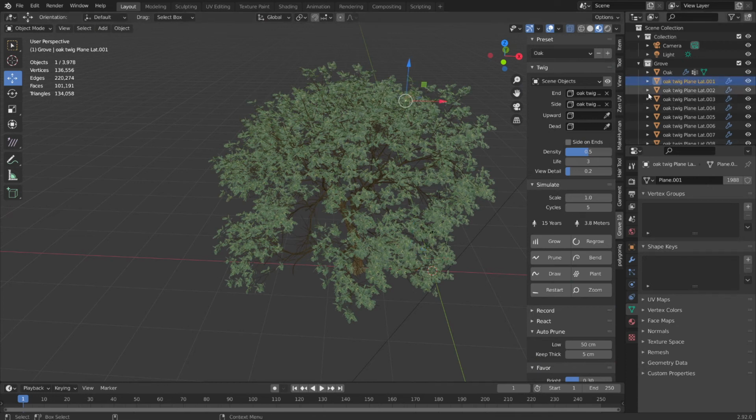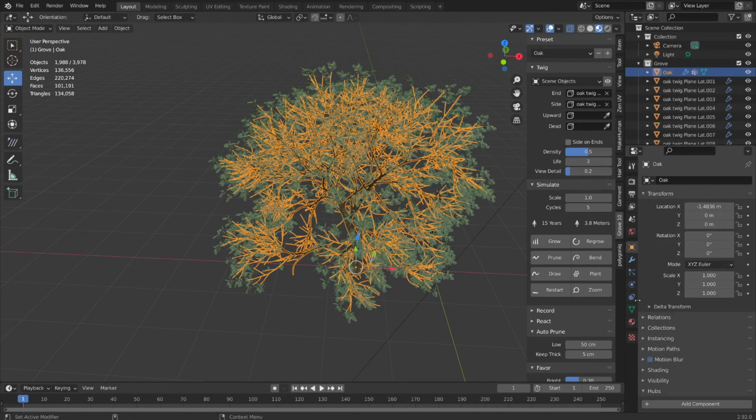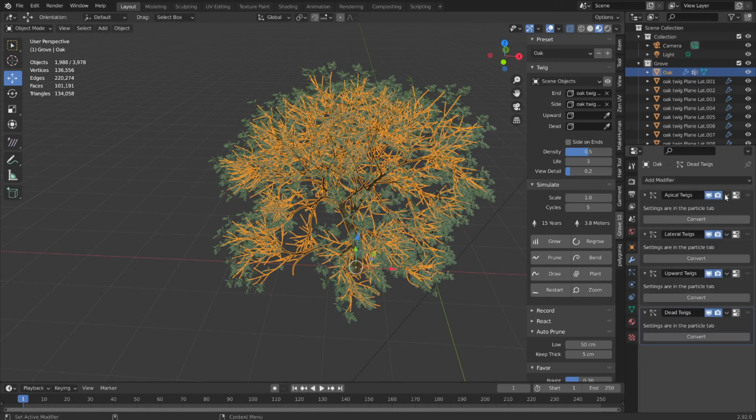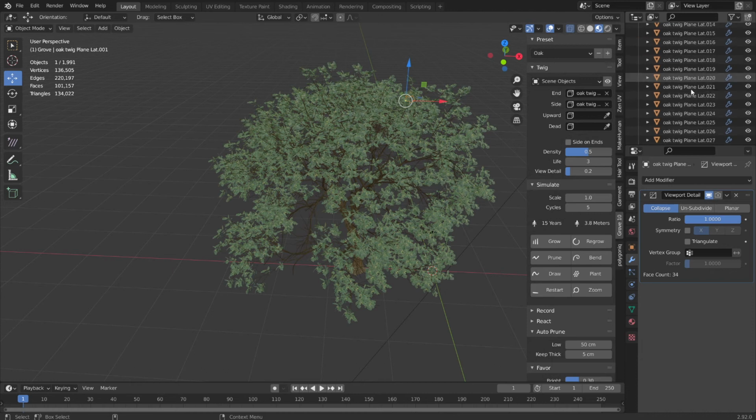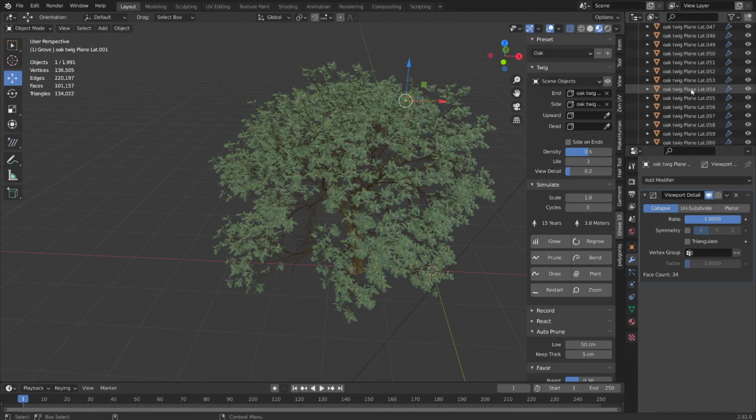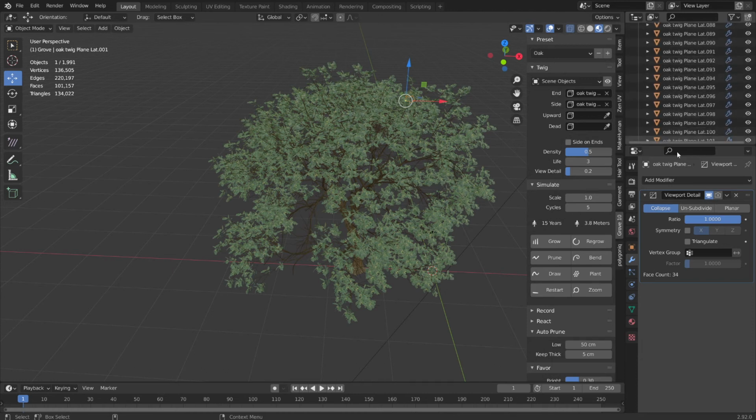So what you could do is get rid of each one of these now. They can be applied because they're not really doing anything, or even deleted because we converted the polygons to verts. Now each one of these twigs has this viewport detail setting,